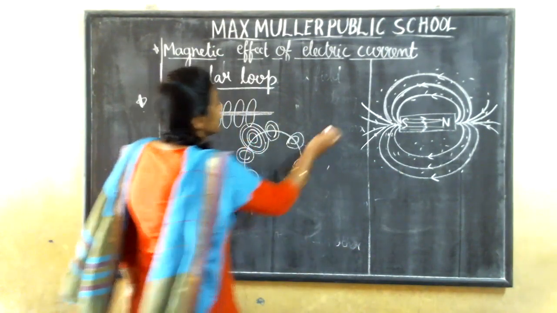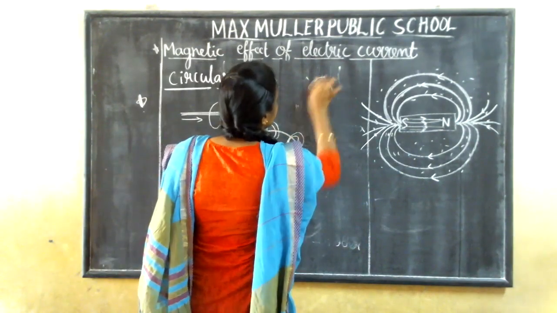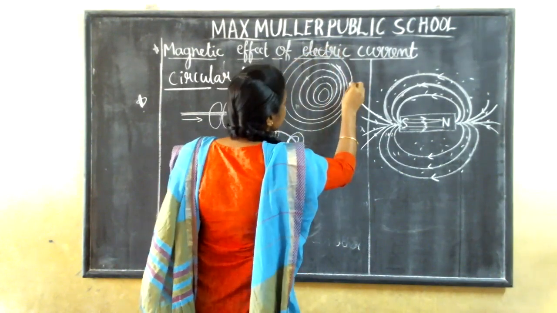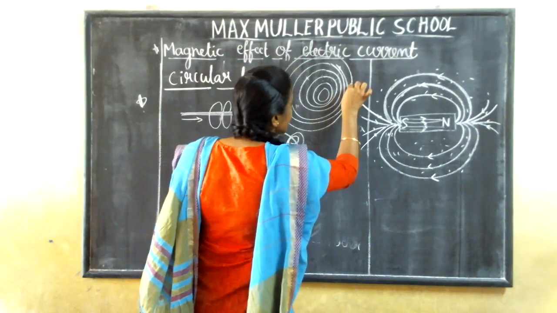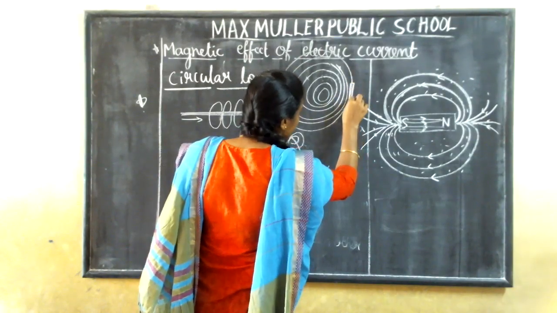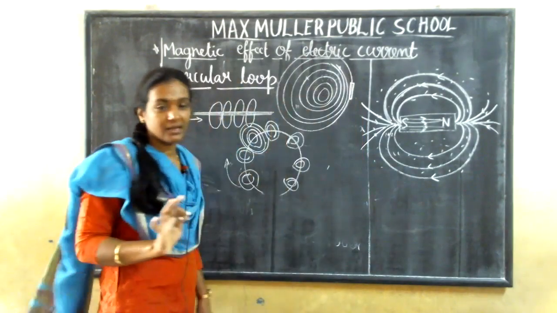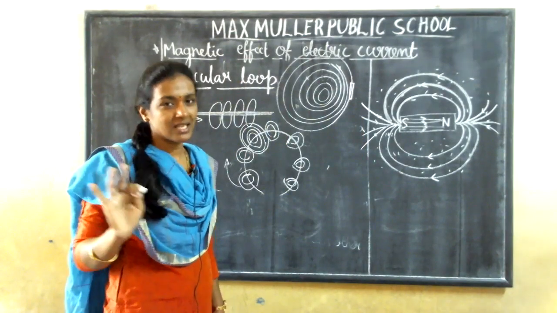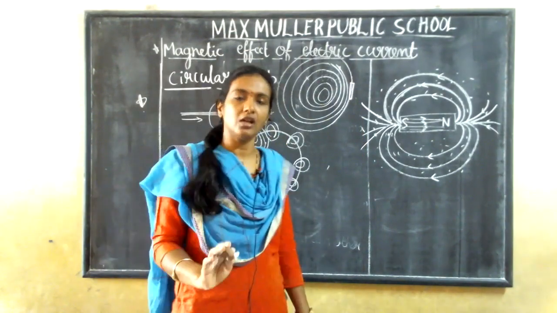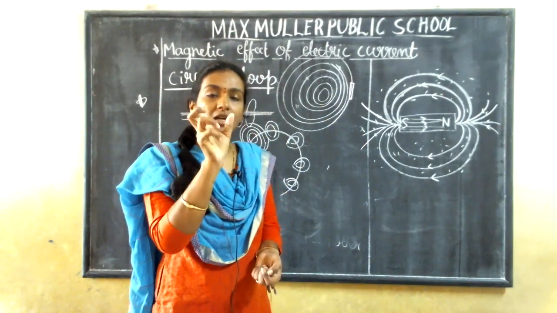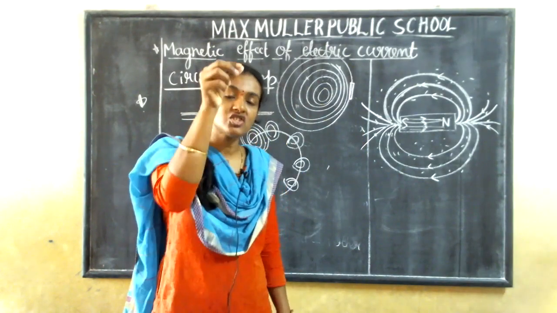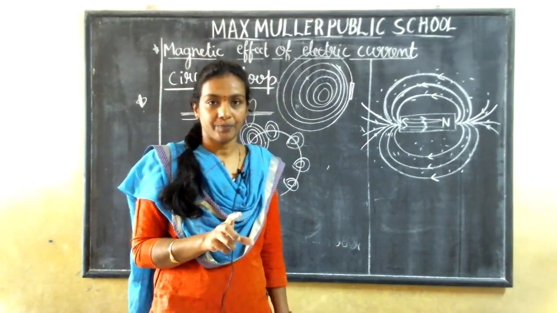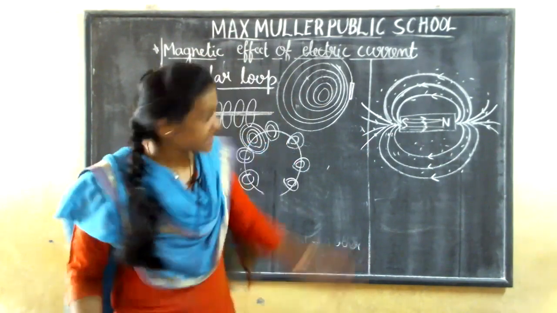So what happens? Think that you are drawing some circles here. In the middle portion of the circular loop you will get a straight line. It's just a portion of a circle, nothing else. Circular loop means circle only. We just take it as a center concentric point, and at that point it is a straight line, which is just a portion of a circle. But the answer here is a straight line.